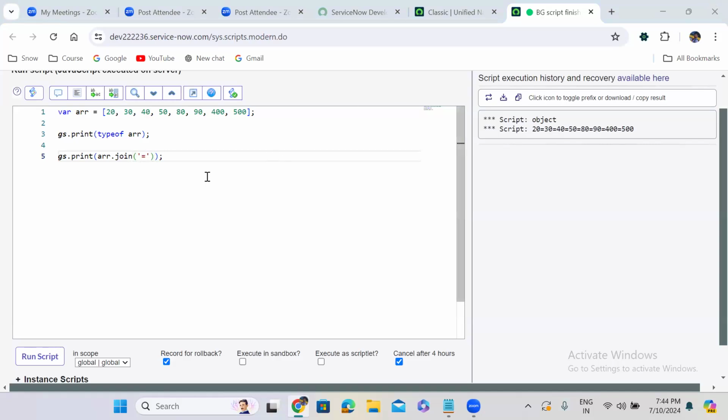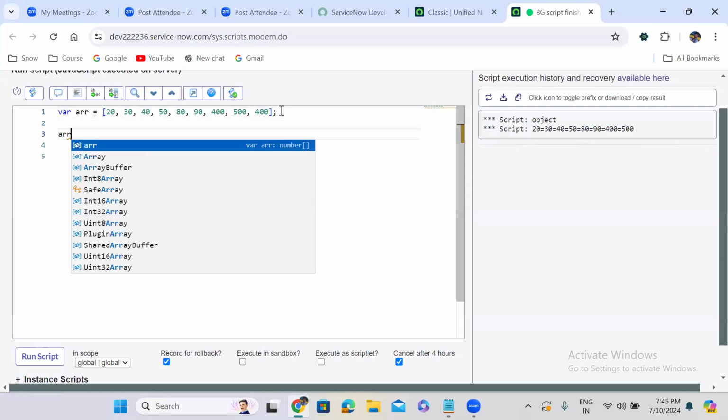Okay. Now, to this array, I want to add an extra element in the end. So here 50, 400. Now I'm able to add an extra element here, right? If I have to add an extra element, what I can do is I can use array dot